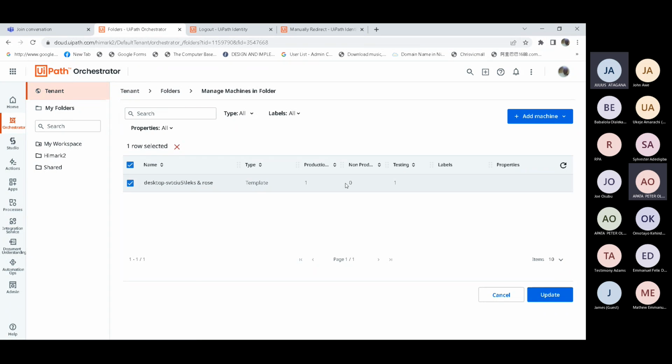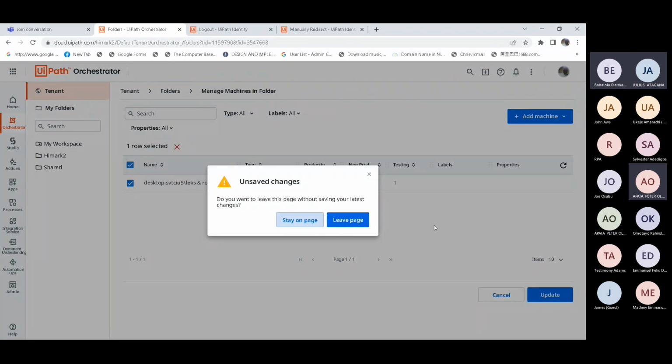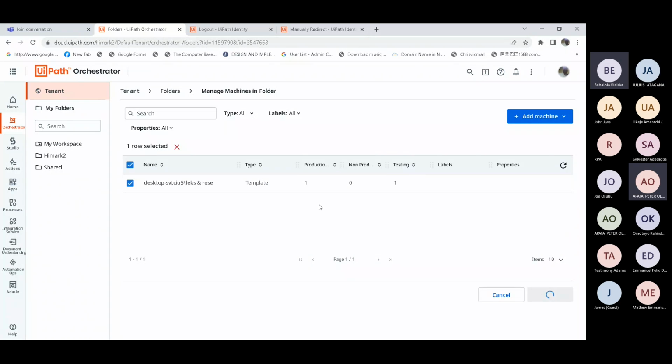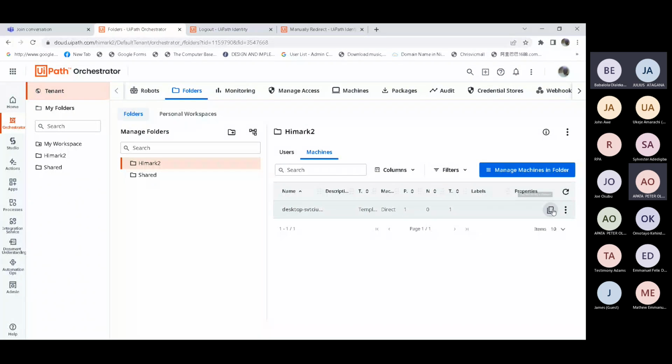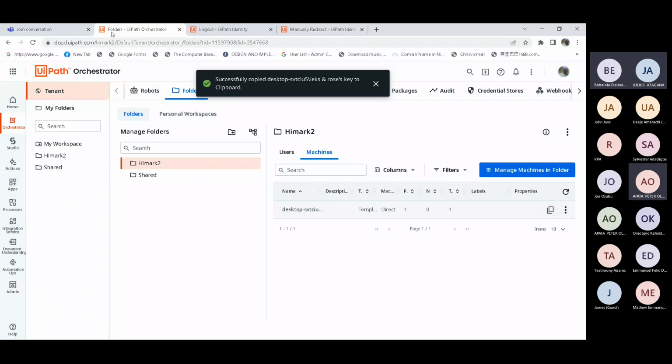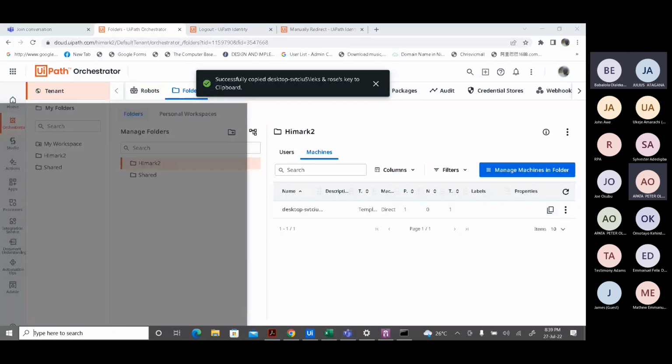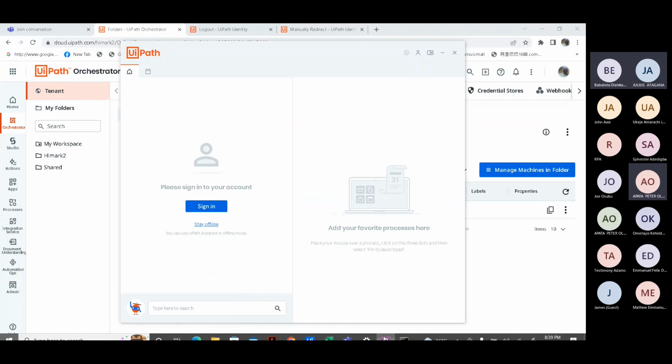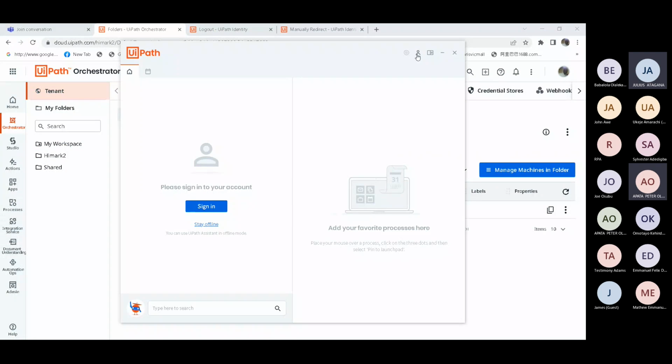So we copy the machine key. Okay, hold on. All right, good. So let's locate our assistant.